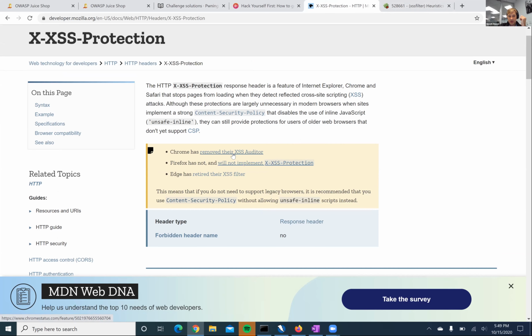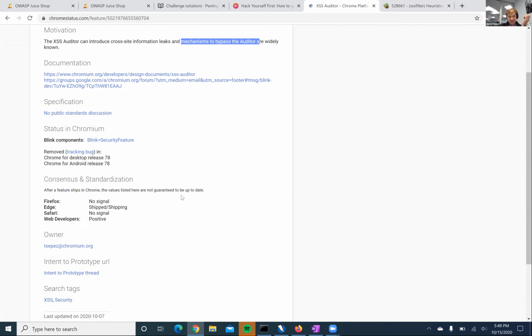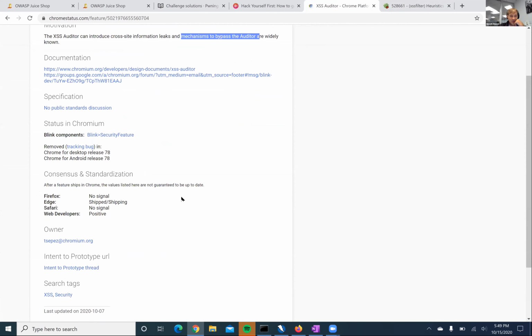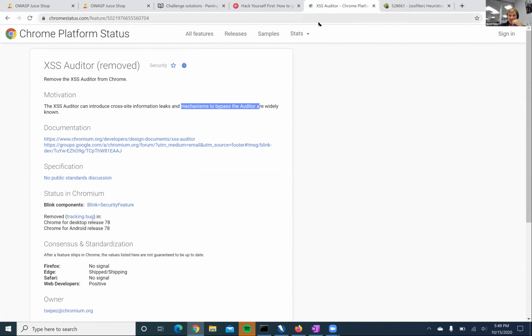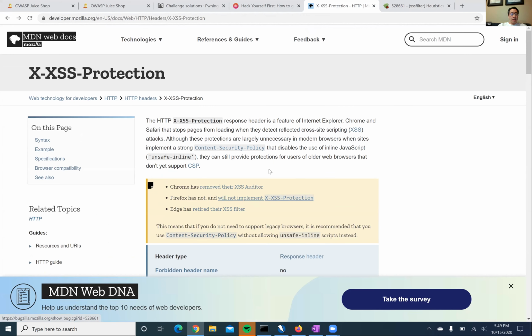It looks like most of them have been removed because mechanisms to bypass them are widely known. I don't understand, if there are mechanisms to bypass them, then why, but whatever. I think the point is that it's an imperfect thing.